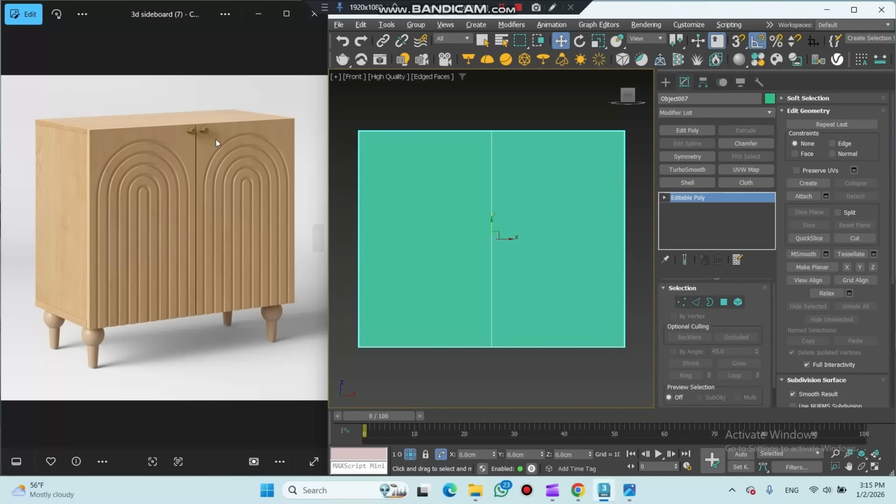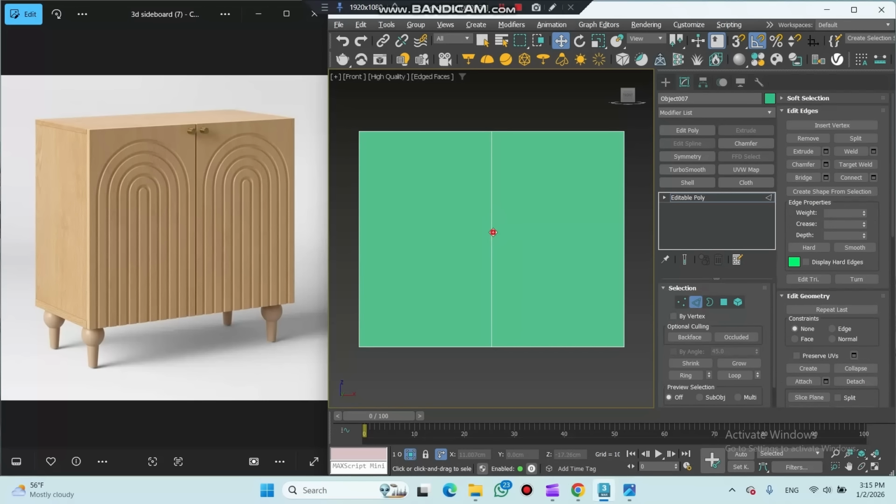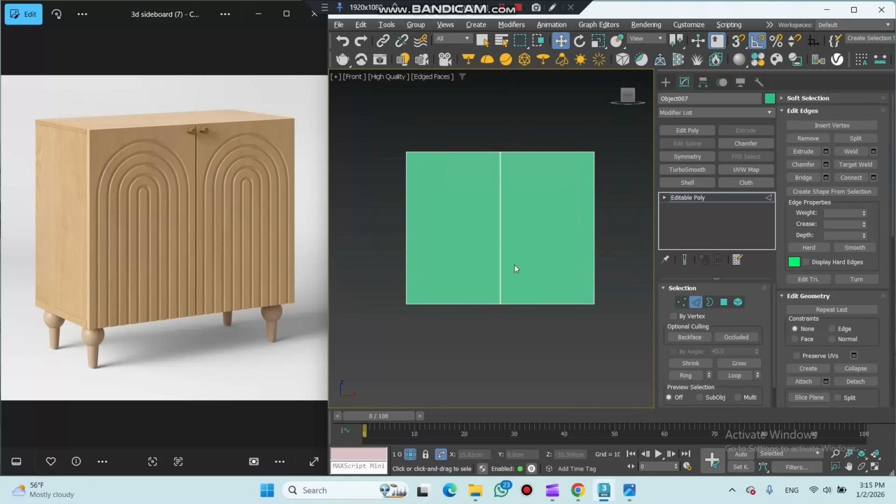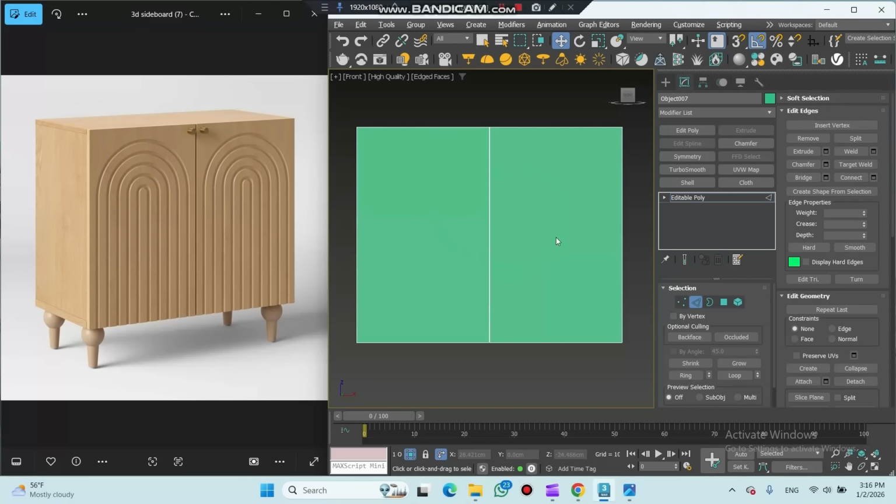I will isolate and now I will give it this groove between the 2 panels. I will select this edge over here and then I will use chamfer. I will give it an amount 0.1 and I will use open chamfer. Okay, so this small distance, the chamfered area, is deleted and now I have 2 panels. Now this one I will use as the back panel for my door, this one,